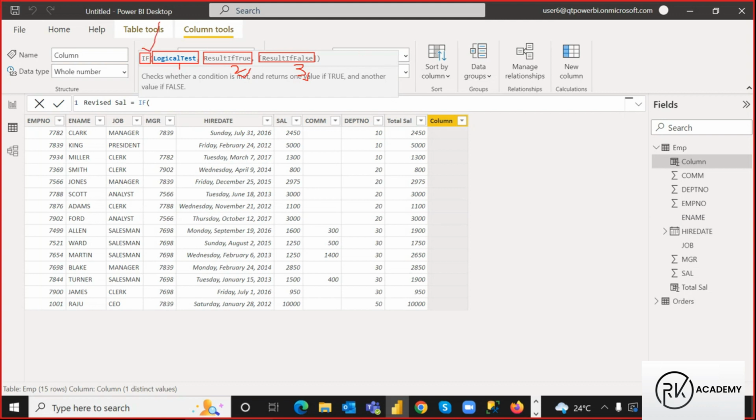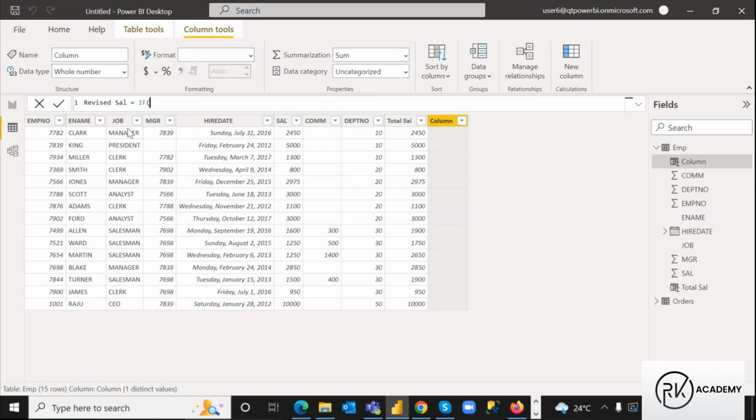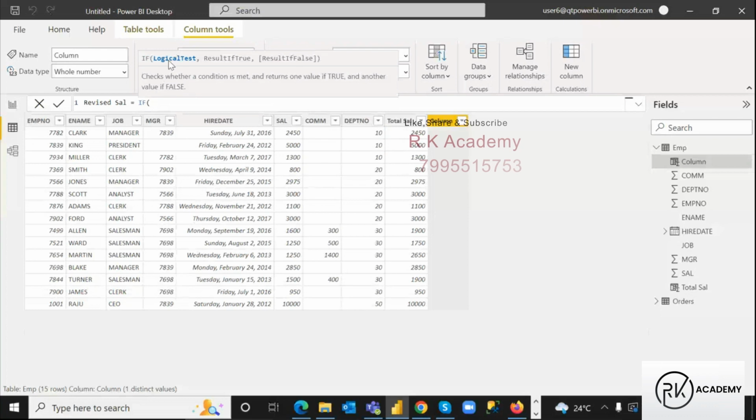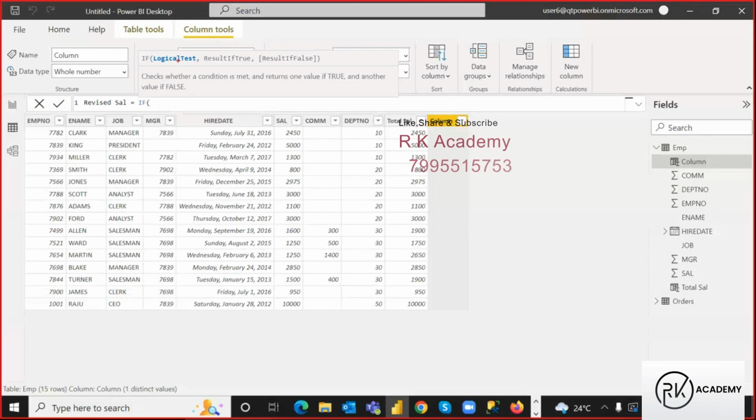Okay, now let us see, guys. What is this? If job equal to salesman, that is my logical condition. What is the first argument here? Logical test. Here, what is my logic? If, in the job column, the job equal to salesman,